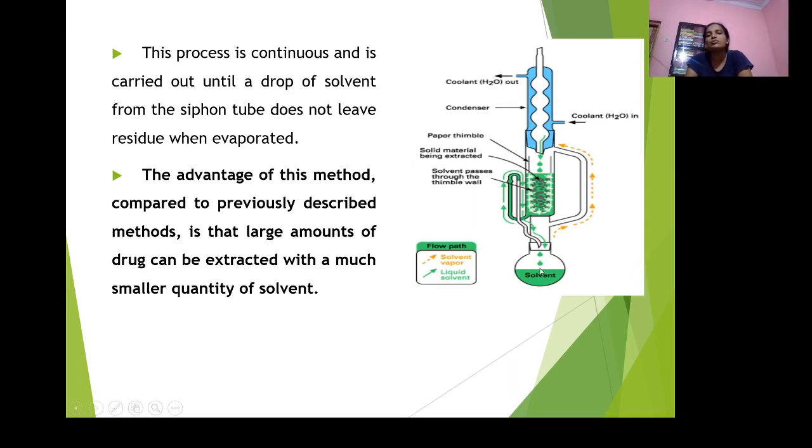And also this method is suitable for heat sensitive types of drug, and is also applicable for hard and soft types of material. All these materials are extracted by using this Soxhlet extraction or hot percolation method. Advantage of this method is that it is simple and requires low cost as compared to other methods, and we can get a pure extract by using this method. And this is about the Soxhlet extraction method. By using a small quantity of solvent, we can extract a large quantity of drug. This is about the general methods of extraction. Thank you.